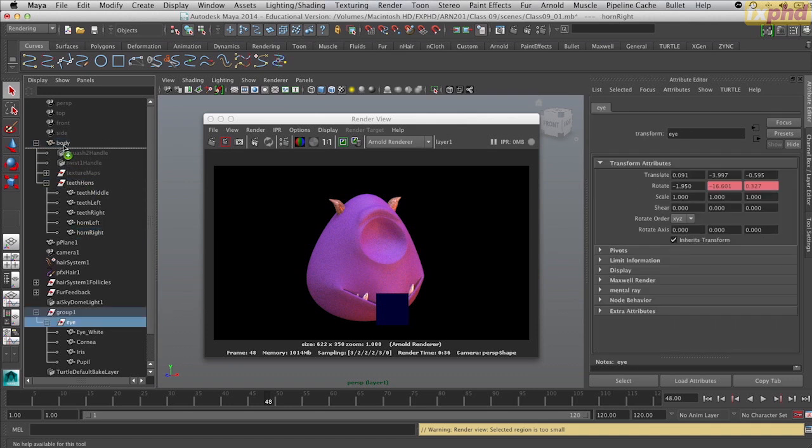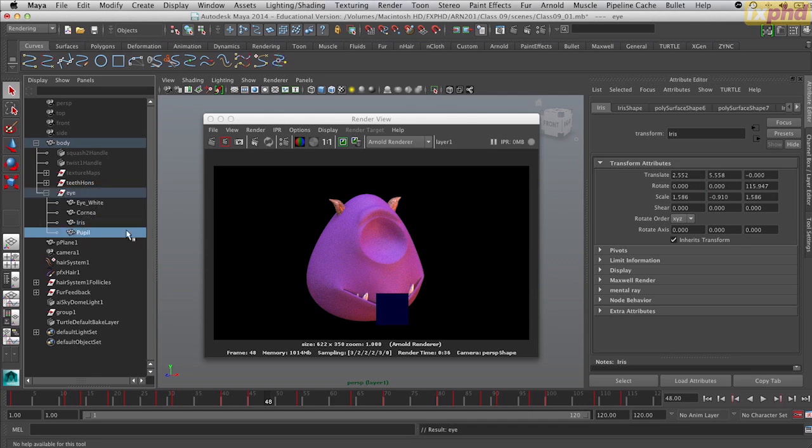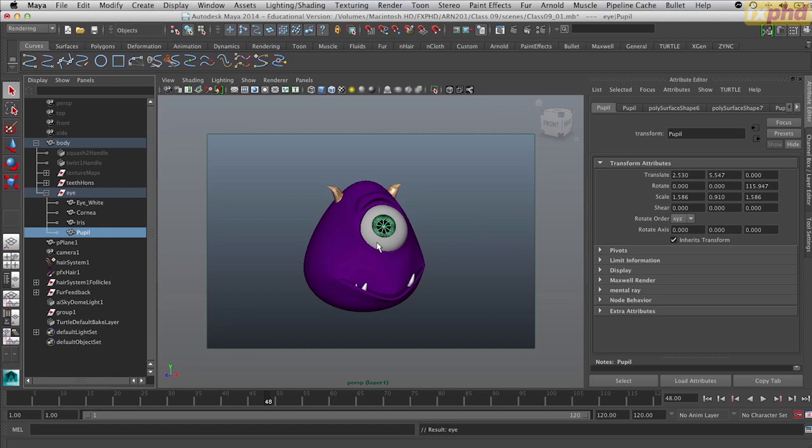That then brings us finally to the eye. So if we just open up the eye, you can see that we have our main four areas: the white of the eye, the cornea, the iris and the pupil. So let's just go with the white of the eye first. You can see